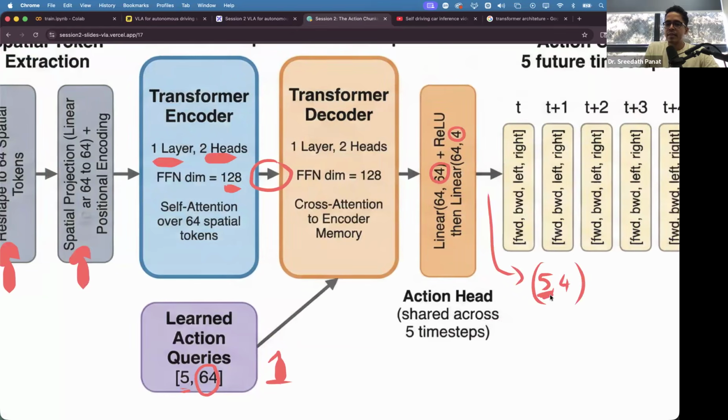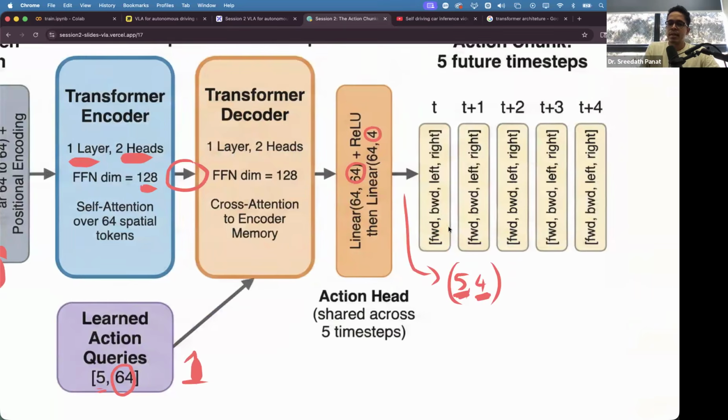5 action chunks, 5 actions, each with dimensionality 4, meaning forward, backward, left, right. This is action number 1. Then in the next time step, forward, backward, left, right, and so on. Okay. So this is a very simple